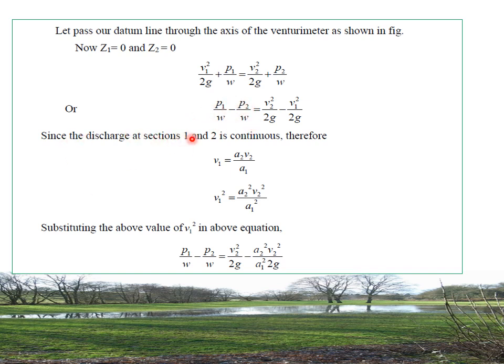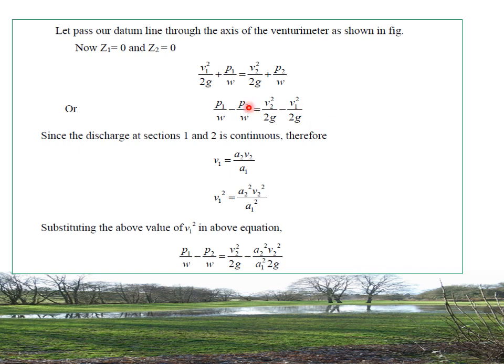Since the discharge at section 1 and 2 is continuous, the continuity equation gives A1 V1 equal to A2 V2. Let V1 equal A2 V2 by A1. We can rewrite V1 square equal to A2 square V2 square by A1 square. Let us substitute the above